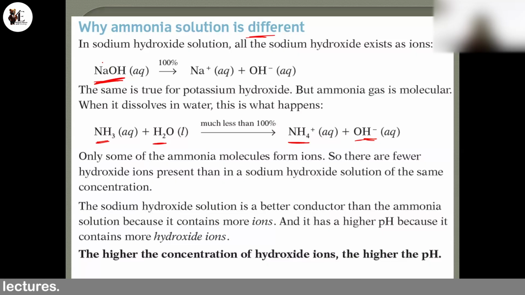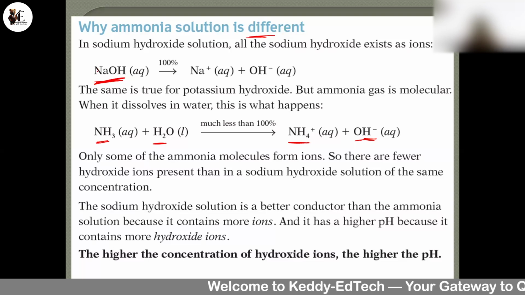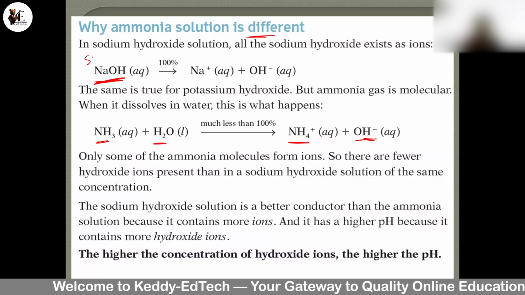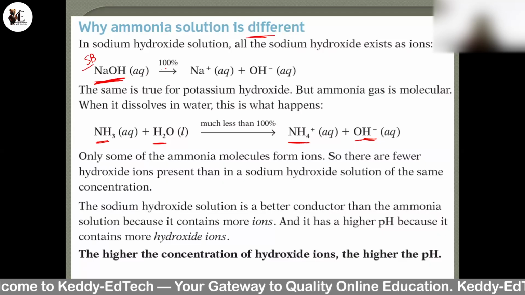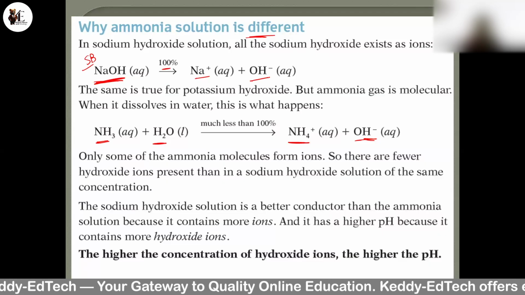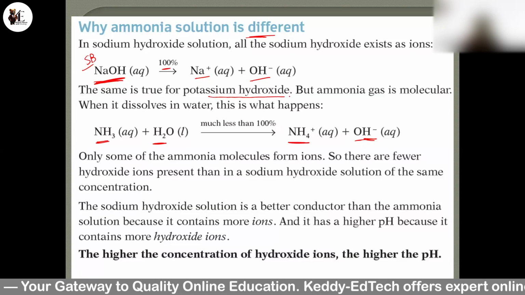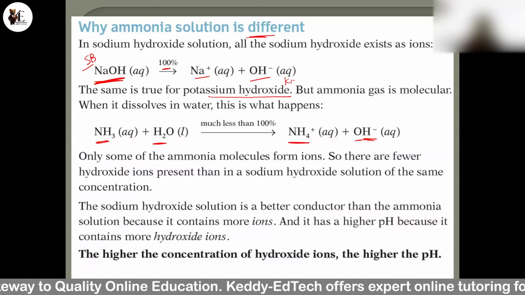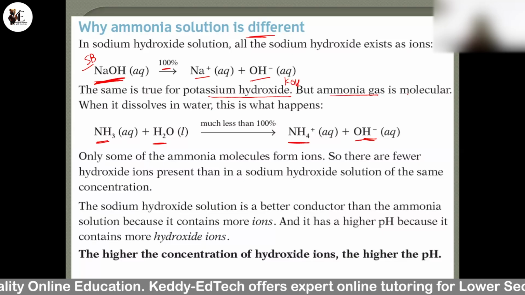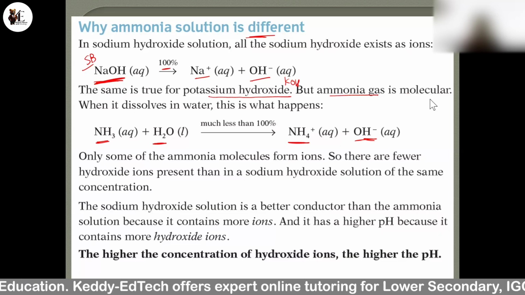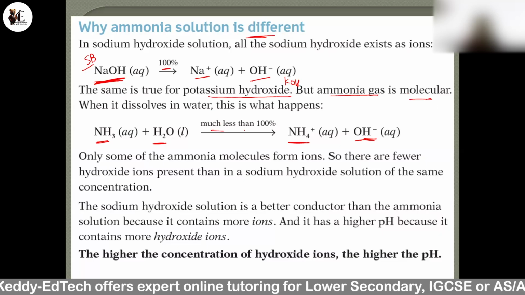You remember? NaOH is a strong base. So it dissociates completely, 100%, into Na plus and OH minus ions. Similarly, potassium hydroxide, KOH, is also a strong base. But ammonia gas is molecular. When it dissolves in water, much less than 100%